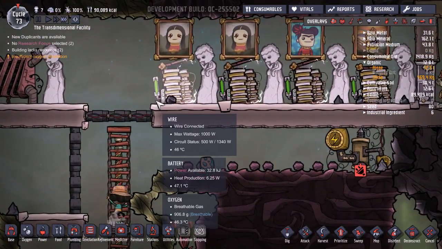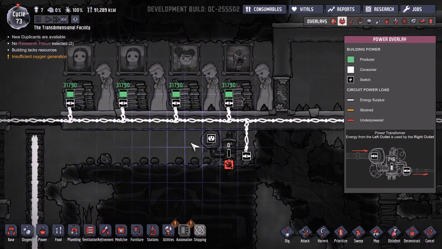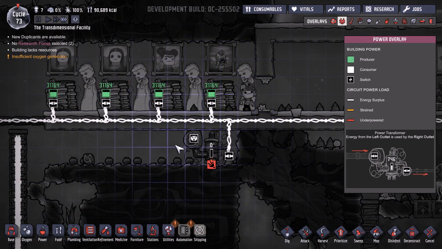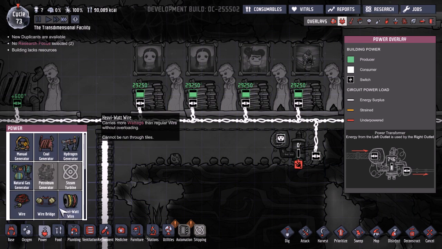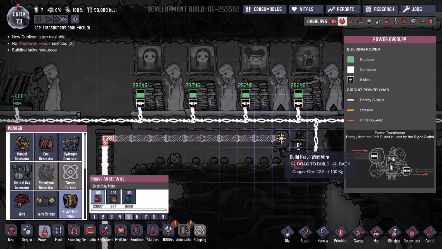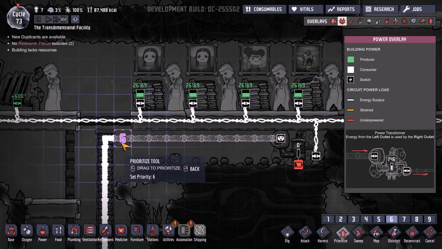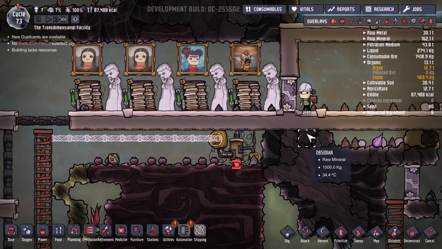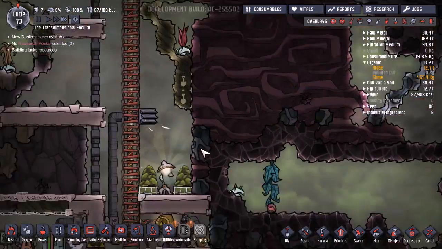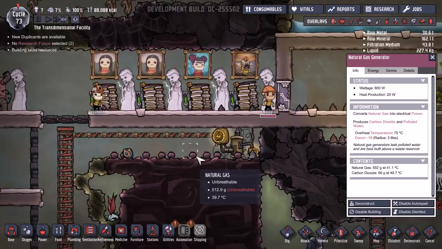And then these batteries. We'll want to get them off of the regular power system. I am going to go ahead and put the heavy watt feed straight through there, into this, allowing that to power our main base. And that's going to be direct power from the natural gas generator. And then...